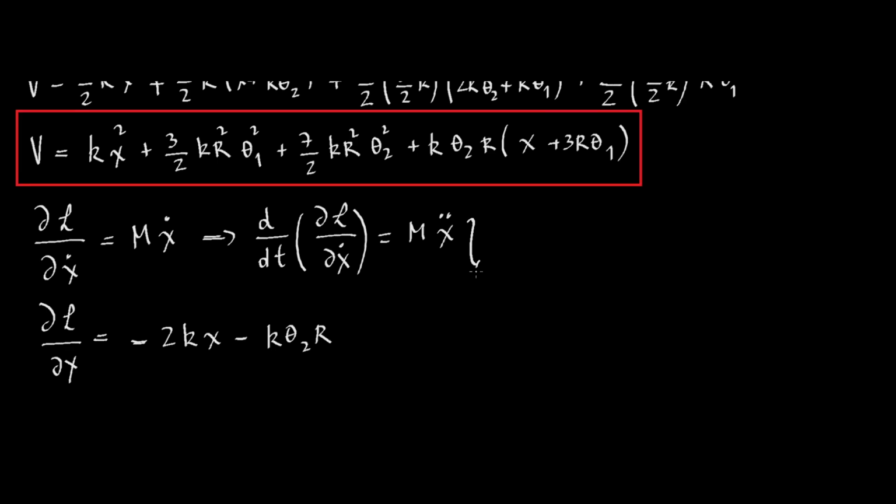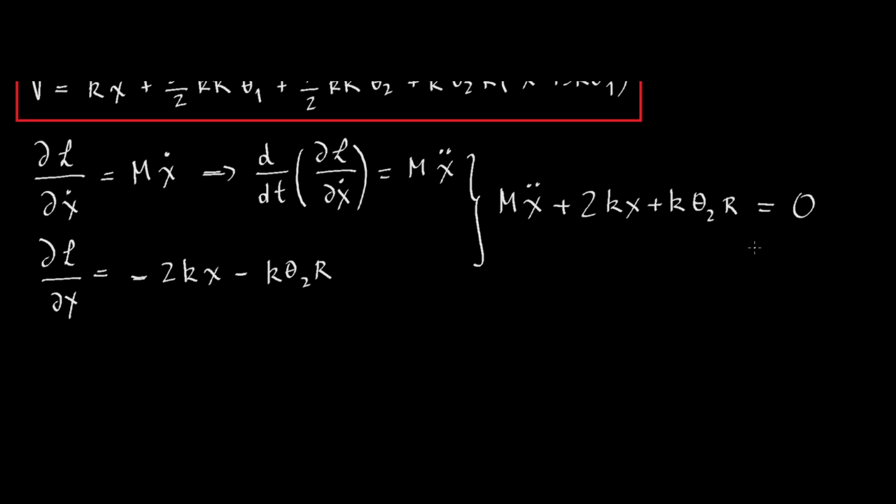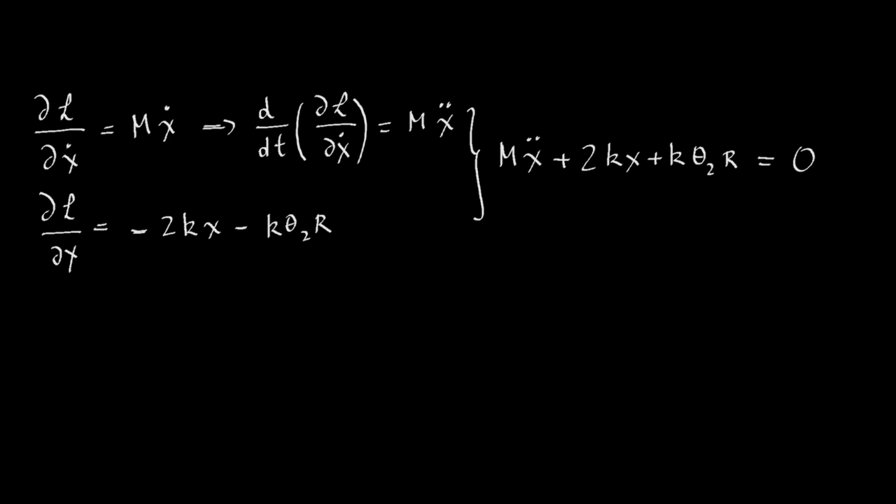And finally, we can set up our first equation of motion. In this case it is this total derivative with respect to time, m times x double dot, minus this other derivative. There are a lot of minuses here that will cancel each other: 2kx plus k theta 2 r, in this case equal to 0, because there are no non-conservative forces acting in our system. So that's the first of the three equations. The second one